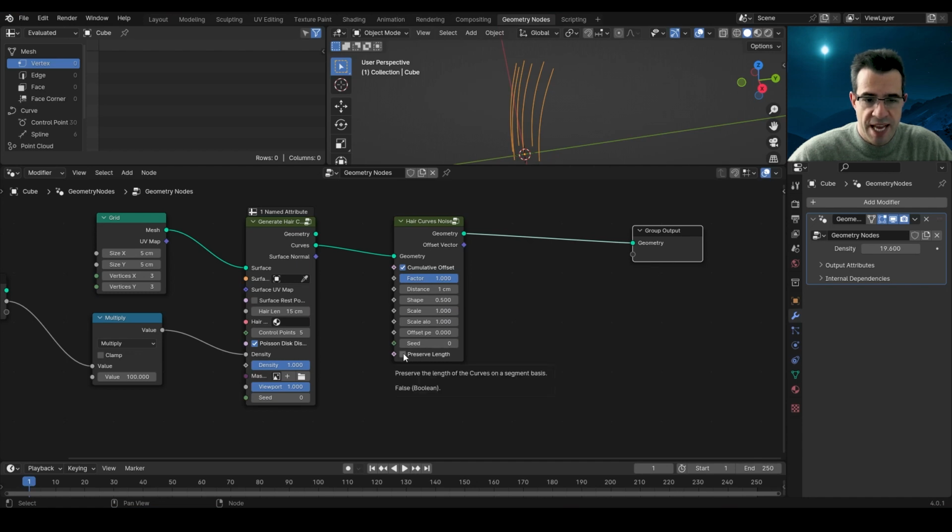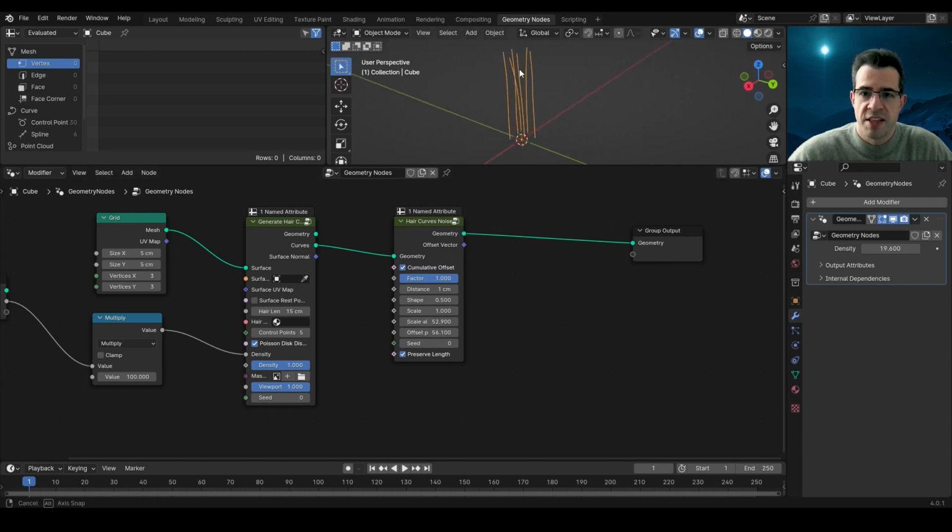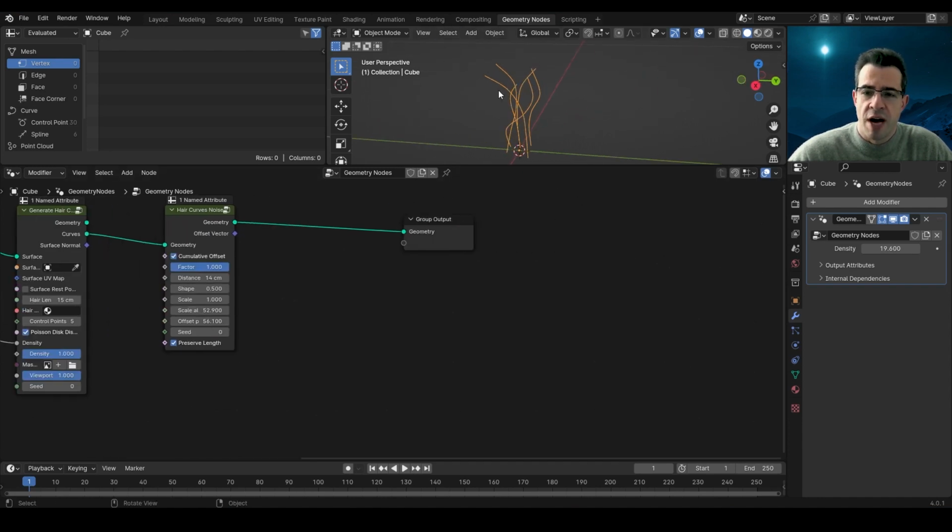We want to preserve the length and let's add an extra node, because if I increase the noise, okay, you can see that they're kind of starting to move independently, but if I increase the distance, the deformation is going to be really big. But I want this kind of independence. So in order to have all the tentacles moving also in a direction